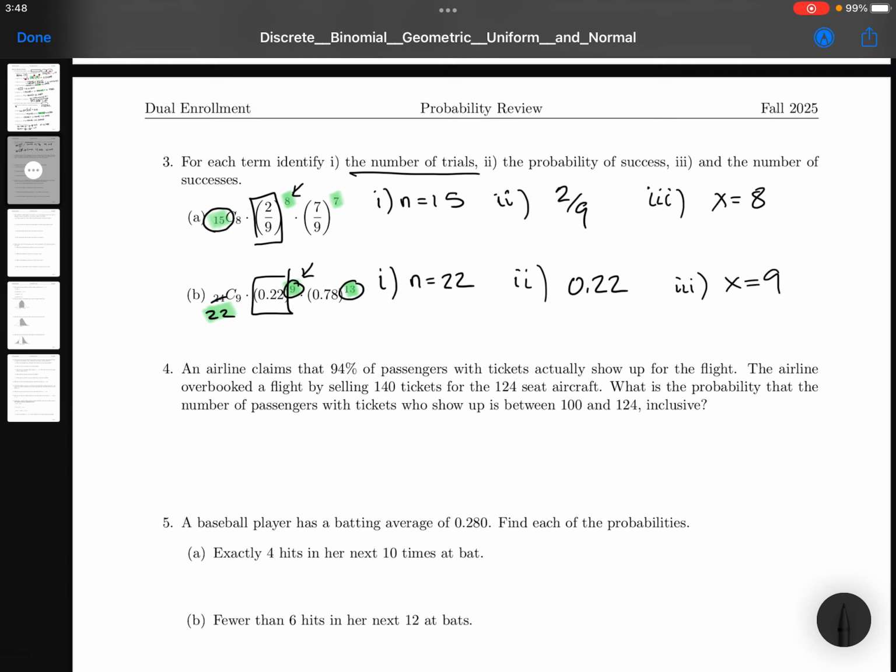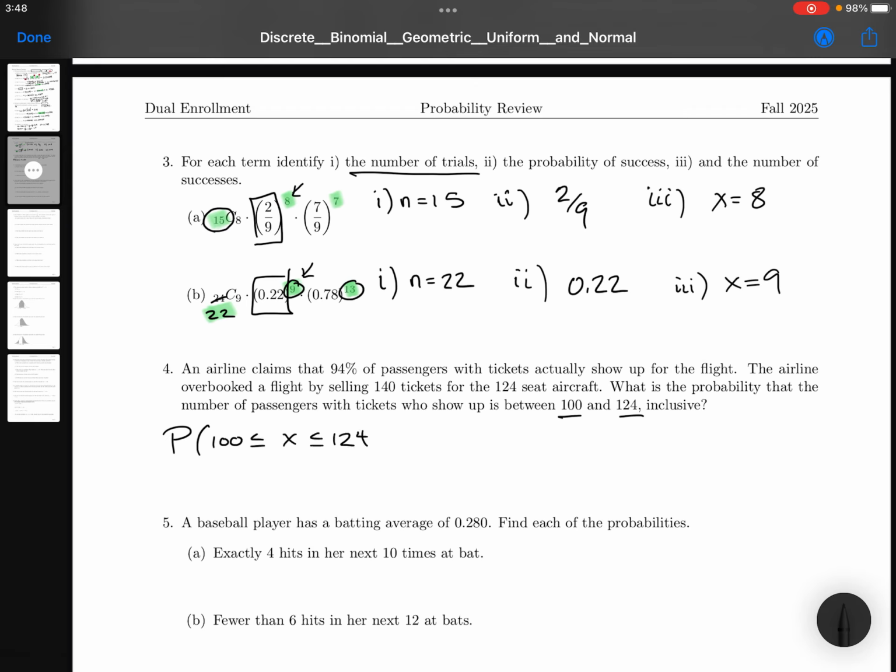All right, an airline claims that 94% of its passengers with tickets usually show up for the flight. The airline overbooked a flight by selling 140 tickets for the 124 aircraft. So this happens a lot of times. Airlines sell more tickets than they have seats, hoping that a certain percent don't show up so the plane is still full. What is the probability the number of passengers who show up is between 100 and 124